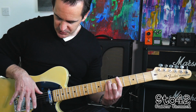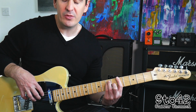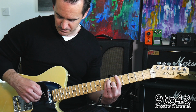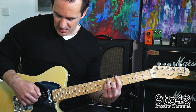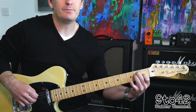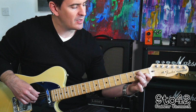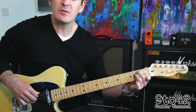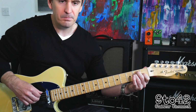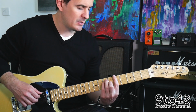And this time I'm going to play the top string and then the next 3 strings. So you're going to play with your first finger on the A string, second finger on the D, third finger on the G string. So we're playing the bottom 4 strings. Root note and then the rest of the chord. And then it goes to a normal E chord, which is just your first finger on G1, second finger on A2 and your third finger on D2. Same idea with the right hand. Okay, so far we've got the D chord, then A,